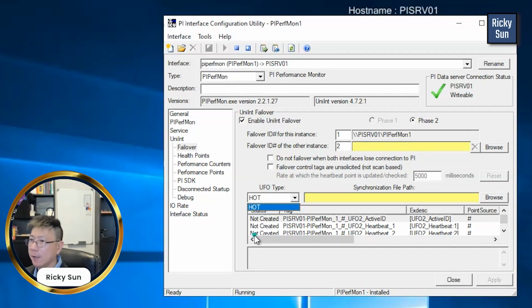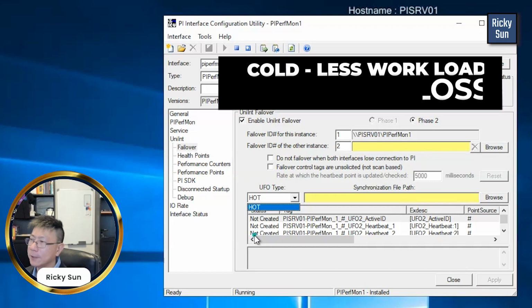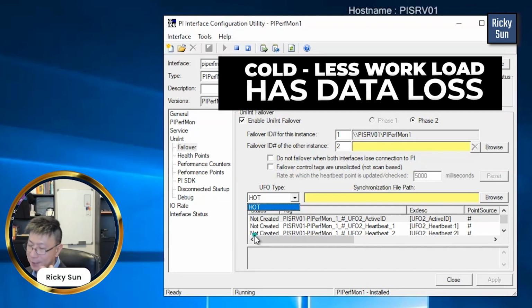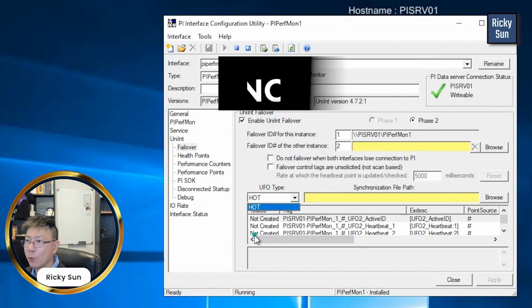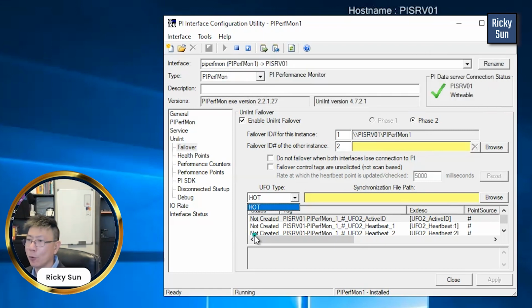If you compare hot and cold, cold doesn't have too much workload, but it has data loss. Hot has a lot of workload, but no data loss. Whatever you want to select, sometimes you just have to go with whatever is available. Maybe your OPC server or your data source does not allow double the data collection, then you have to select cold.